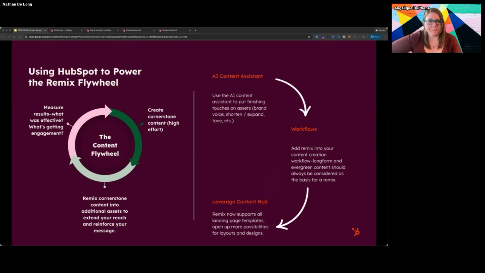But what it isn't going to do is make it so that I magically have perfect content that needs no one to cast an eye over it. That doesn't mean that you can't further use your content assistants in HubSpot, right? Like you're looking at the landing page, maybe the copy that Content Remix decided for that landing page, you want it to be shortened, or you want to change the tone, or you want to expand upon it. You can absolutely do that to put those finishing touches on top of things.